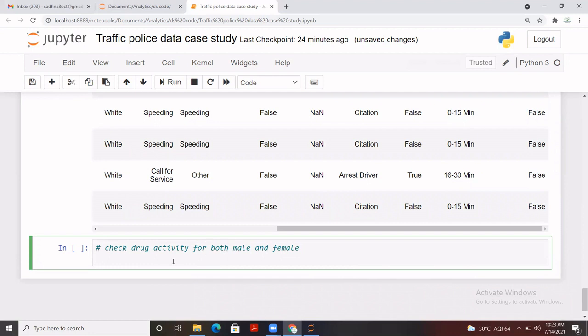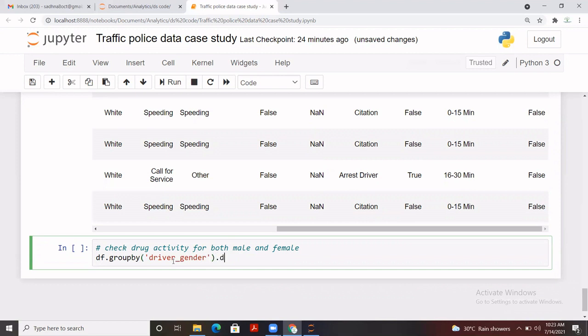Okay, so what we can do basically, df.groupby, and group the data based on driver gender, right? And what else can we have?